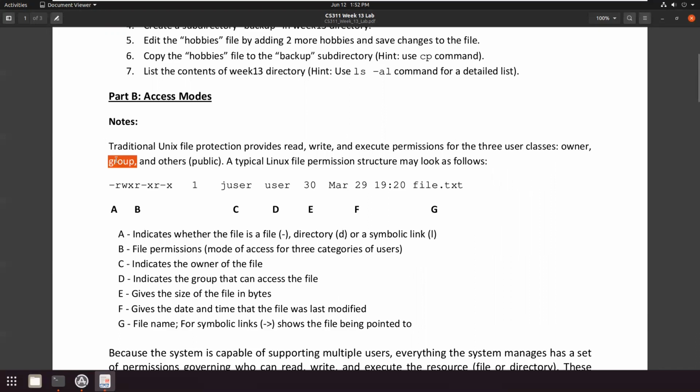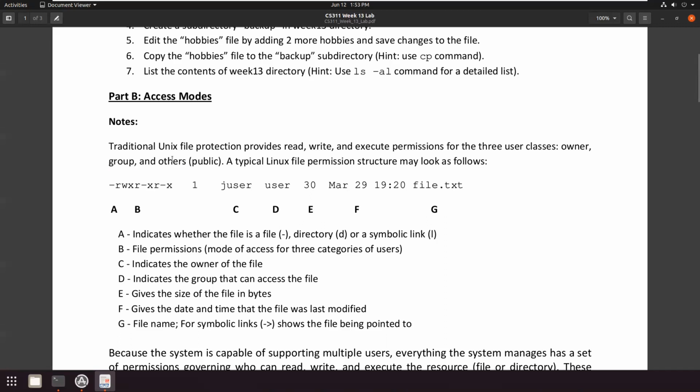Then for the groups, a group can contain multiple users, and all the users belonging to a group will have the same permission access to the file. For example, let's say you have a project where a number of people require some access to a file. So instead of manually assigning permissions to each user, what you could do is add all those users to a group and then assign the group permission to the files so that only these group members can access the file.